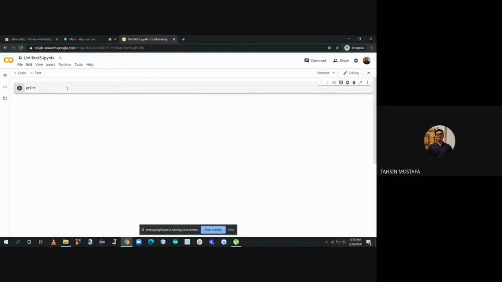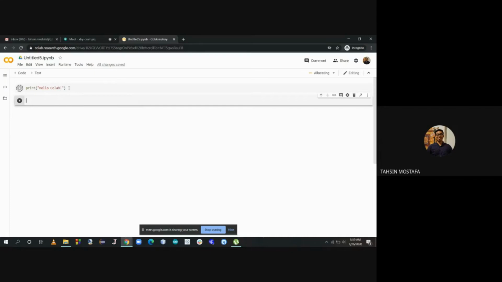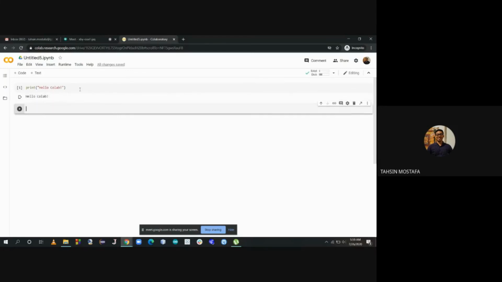For example, for demonstration, I'm going to type in a text which says hello Colab. Now, in order to run this cell, you'll either have to press on this play button or use a shortcut which is Shift Enter, which I'm going to use. Now, as you can see, this is loading, and this is connecting to the online server, and you'll have to wait for this to initialize and run. And after that, you can see the output right here.